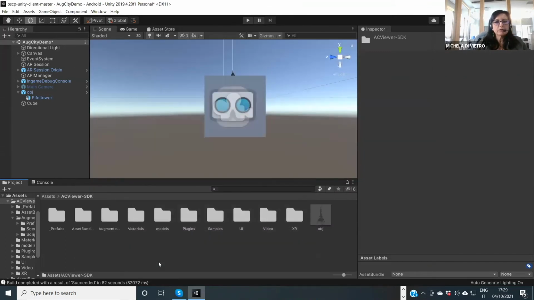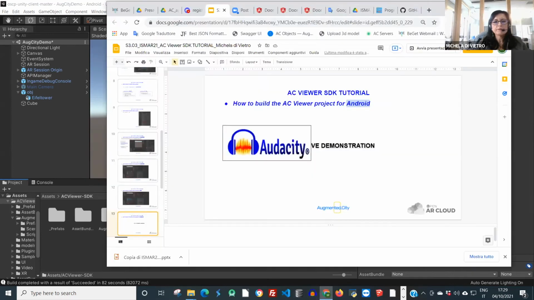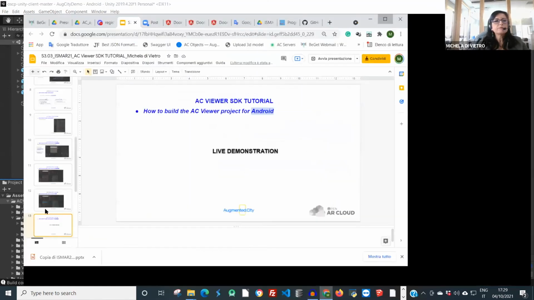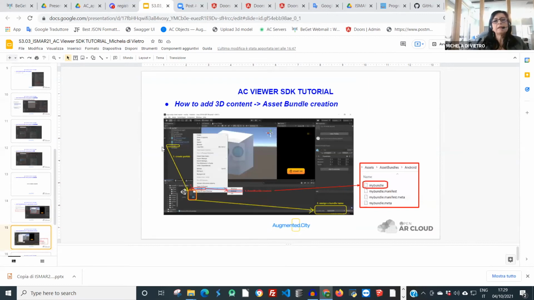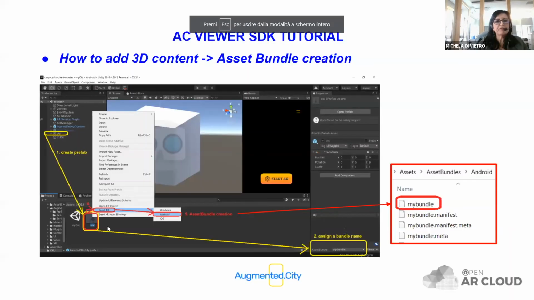Well, coming back to my presentation, you can find the steps just performed during the live demo, and you can see, of course, how to create your content, how to put your special object inside the cube, and here each step performed before to create the asset bundle.